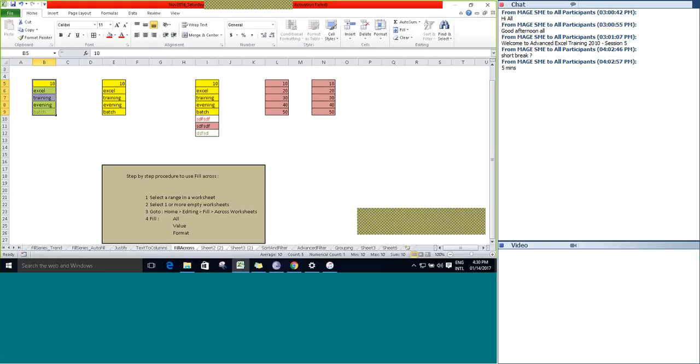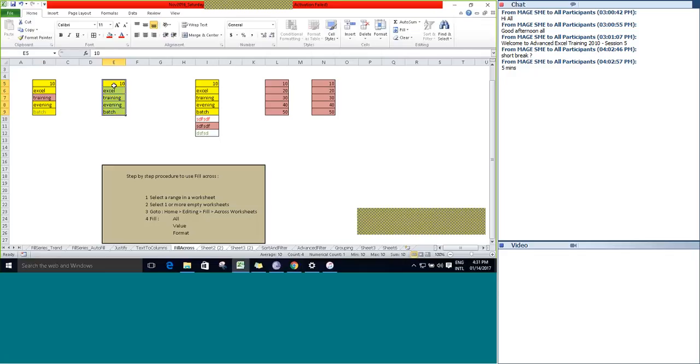Similarly, if I select some other range in this sheet, go to Fill, Across Worksheets, and click on Contents only without the formatting, you can see contents will be copied to the next worksheet.